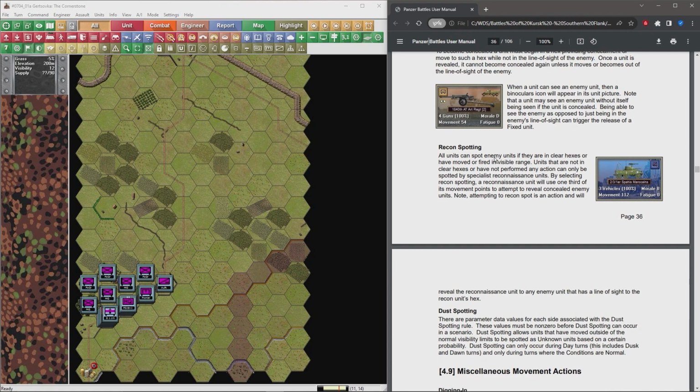So Panzer Campaigns players will be well aware of the Recon Spotting feature. All units can spot enemy units if they are in clear hexes or have moved or fired in visible range. Units that are not in clear hexes or have not performed any action can only be spotted by specialist